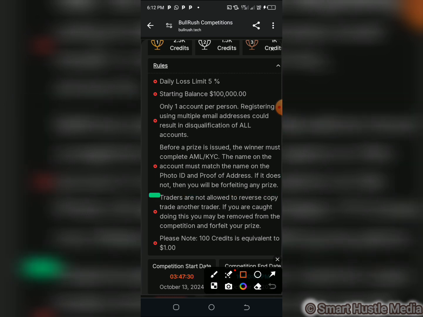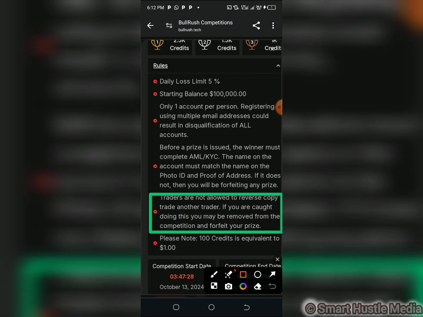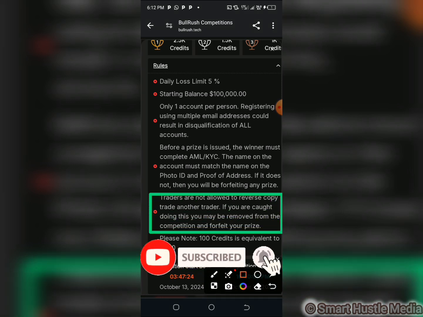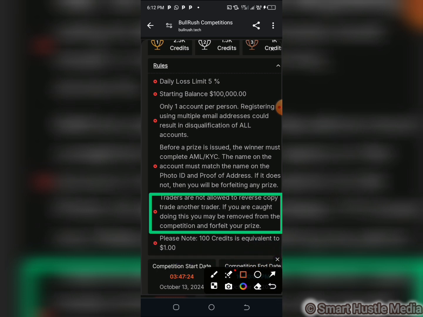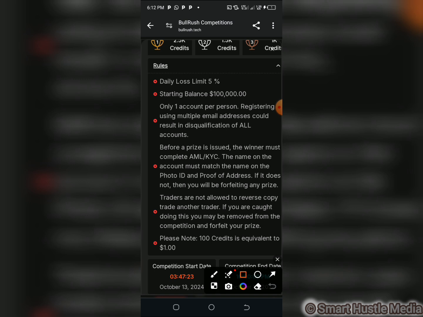The fifth terms and conditions states that traders are not allowed to reverse copy trade another trader. If you are caught doing this, you may be removed from the competition and forfeit your prize. Finally, please note, 100 credits is equivalent to $1. So when you win a competition, you will be rewarded with the $25 cash prize, which can then be withdrawn to your bank